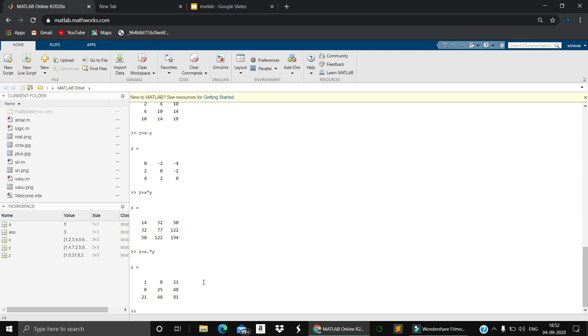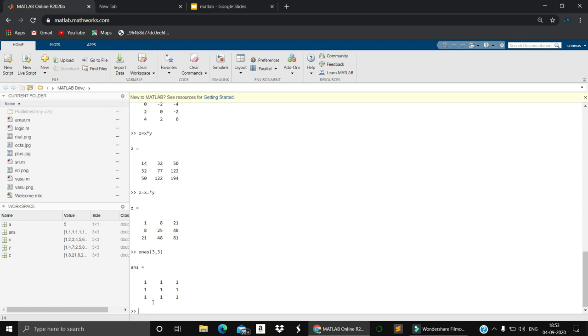Okay. Next, what is there? The inverse of a matrix, or how to define the identity matrix. If you want a 3 cross 3 matrix of all ones, you need to specify ones of 3 comma 3. It means a 3 by 3 matrix of all ones.